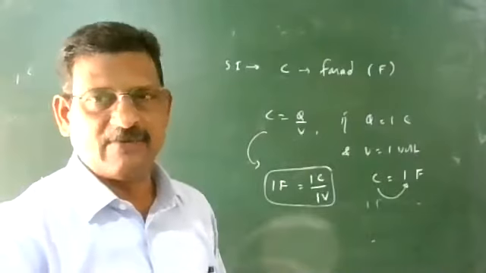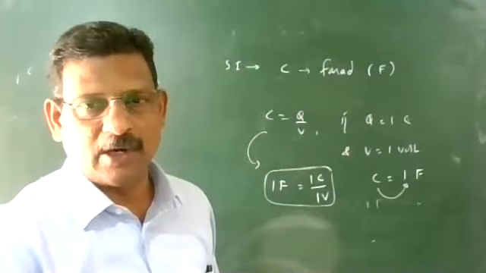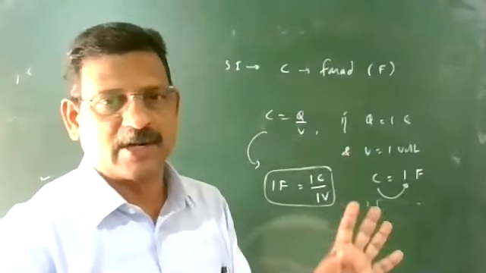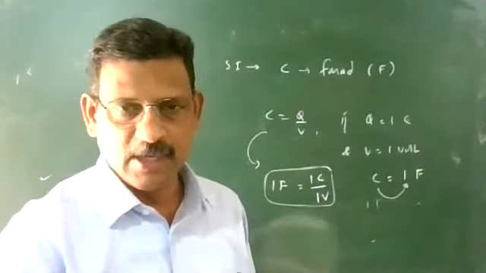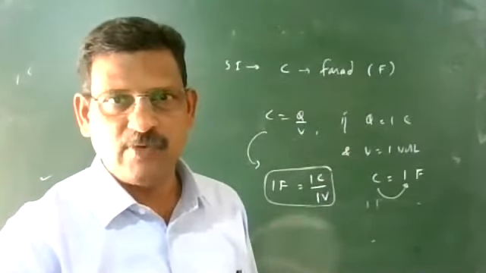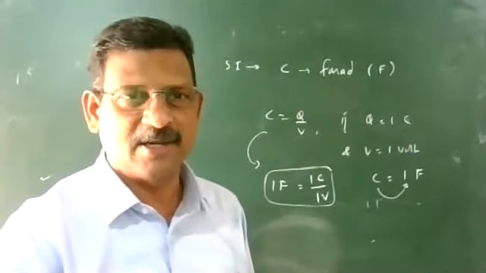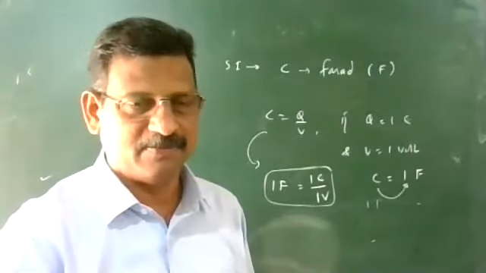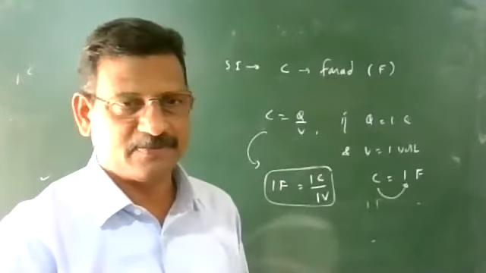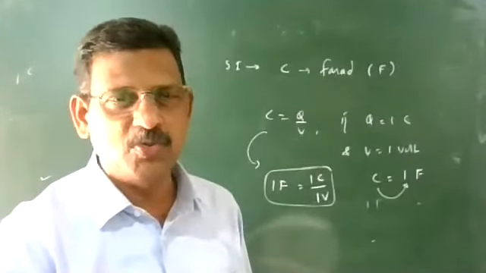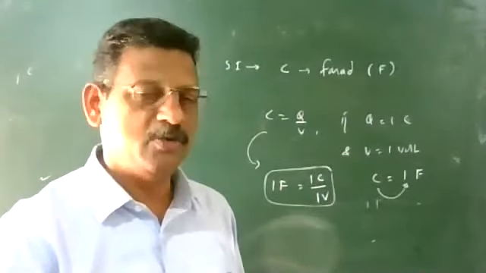One coulomb of charge is itself a huge value. If 1 coulomb of charge increases the potential to 1 volt, we say the capacitance of that arrangement or conductor is 1 farad. 1 farad equals 1 coulomb upon 1 volt. Now my question is: can we design a 1 farad capacitor in a laboratory using a parallel capacitor? Suppose you take two plates 1 millimeter apart, or 1 centimeter apart. 1 farad is a very huge value.